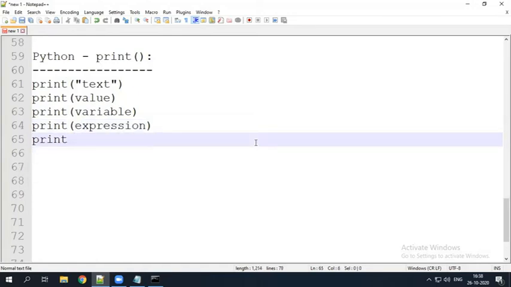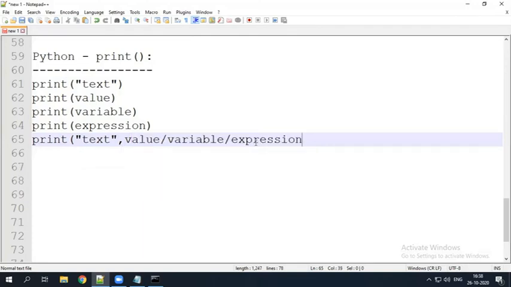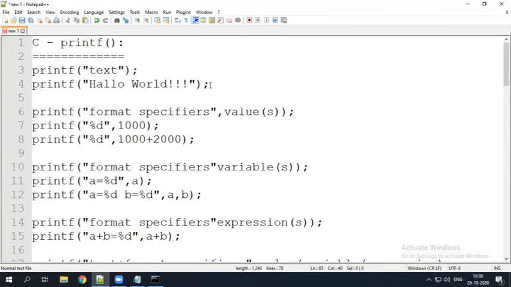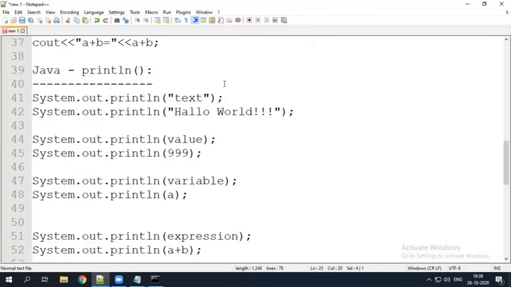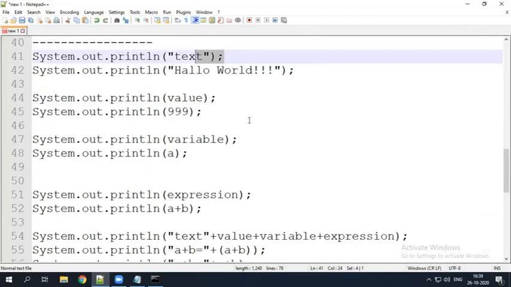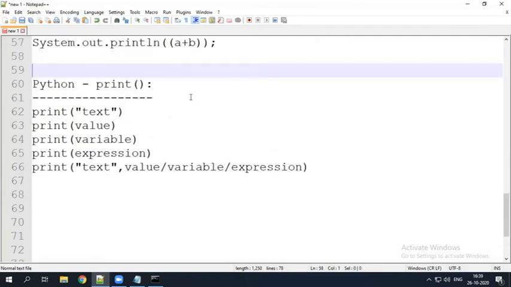Print, within double quotation some text, comma, some value or some variable, whatever it may be. And here we need not specify any semicolon. You observe in C, C++, and Java, every statement must end with a semicolon. But in Python it doesn't require any semicolon ending.